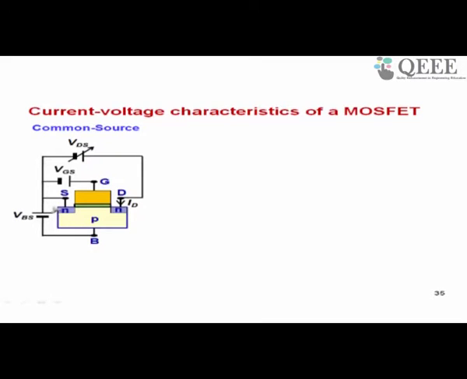Now here, this is the source terminal, this is the drain terminal. Drain is analogous to the collector and source is analogous to the emitter, and this is the gate controlling terminal, which is analogous to the base of the bipolar transistor, and this is the substrate. So that is how you have 4 terminals. So you are applying a controlling voltage instead of a controlling current as in a bipolar transistor.